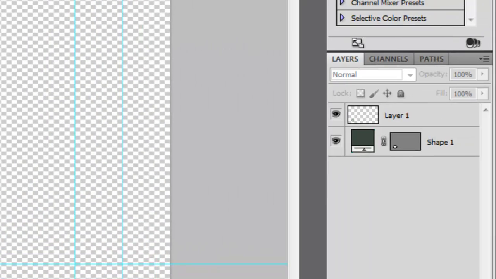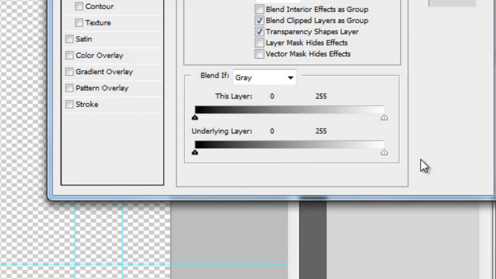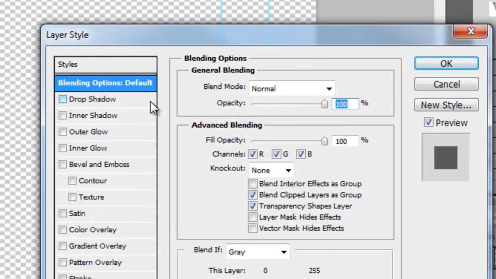And once we've backed off on the transparency on that, we might want to just add a little drop shadow to our logo to add a little definition. Go ahead and double click on your logo layer, and that brings up a dialog box, and one of your options here is drop shadow. And by default,